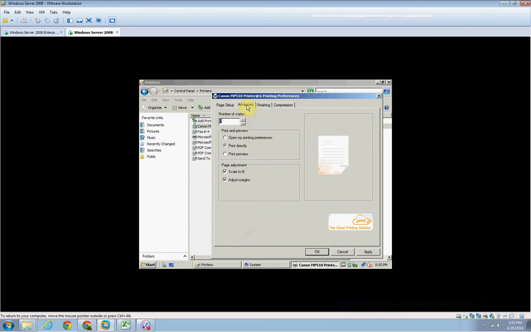Then we have the advanced tab. We can choose how many copies we want to print. We can actually preview it before we print, or we can just print directly. And we can select this to open up the printing preferences. We can adjust the page, so we can scale our document to fit to the page, or adjust the margins,